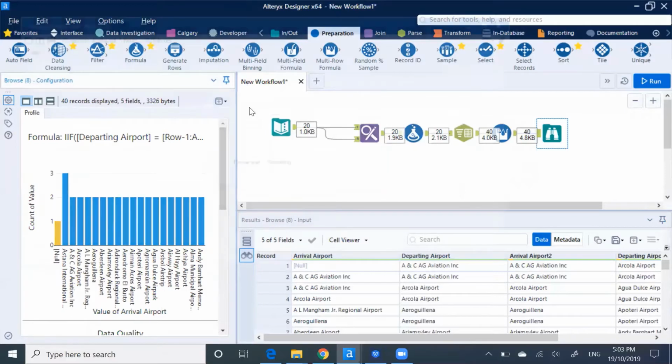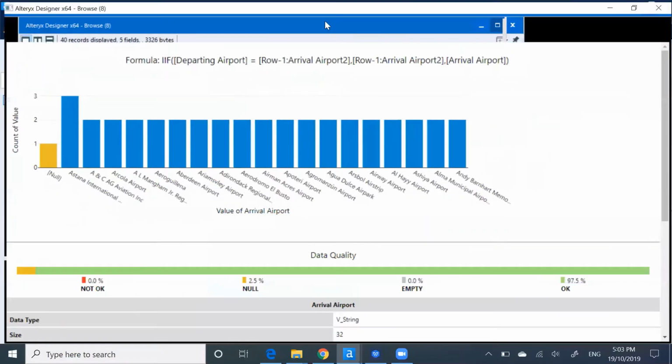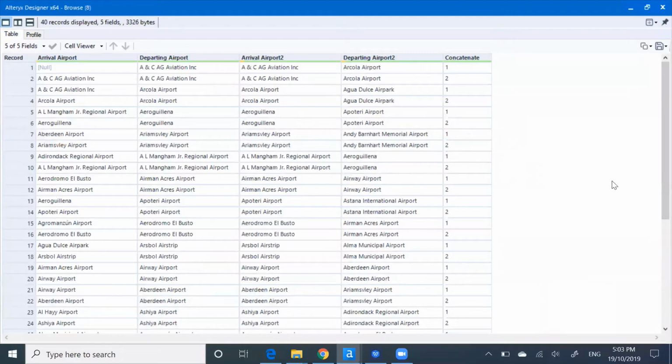So if you look at the output value, this is what we've got. On each row, we have updated only the arrival airport. So we could see that if the departing airport is equal to the arrival airport 2, we populated the arrival airport here. So we've got the subsequent value. Similarly here,